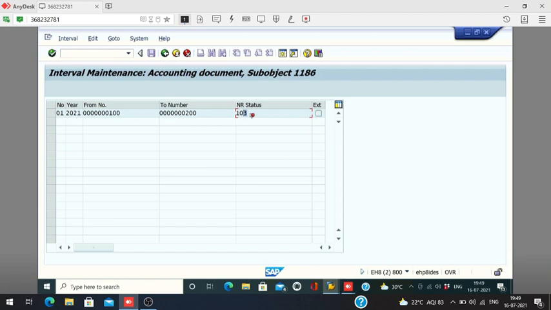Yes, tell me. Opening balance, okay. Now that is a part of cutover activities. You are asking me that you are working on Tally, now you want to transfer all the balances to SAP.